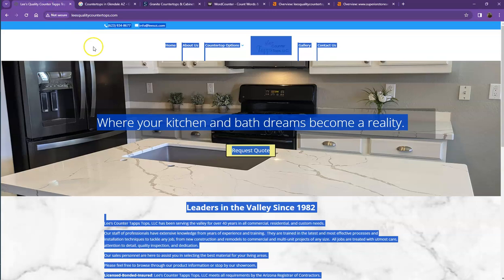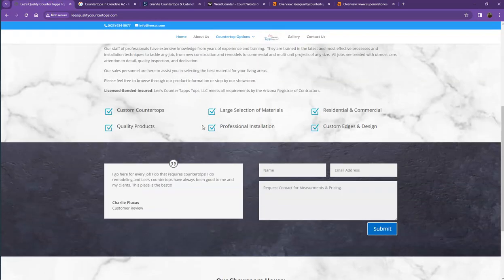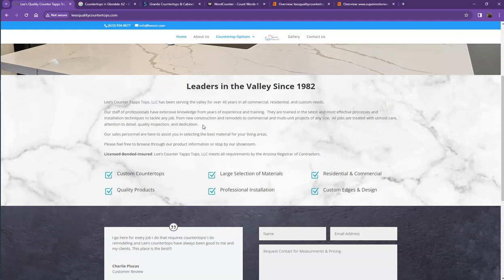Last but not the least would be the keywords, wherein we're going to help you out in adding more keywords and, of course, choosing the right ones. That way, more customers will be able to find your website faster and easier. So these are all the things that you can actually implement right now. And of course, we can also help you out in making these changes and more with the goal of getting